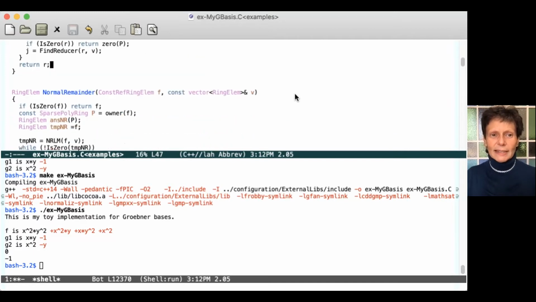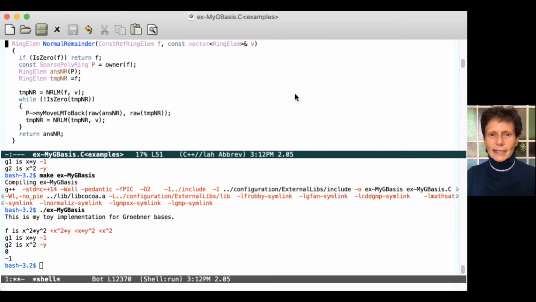Having done that, this was an exercise for you in that lecture: to write the actual function doing the normal remainder also for the tail. So we will see here how it is done. We can do it in CoCoALib. So if the polynomial is 0, return the polynomial itself. Then make the